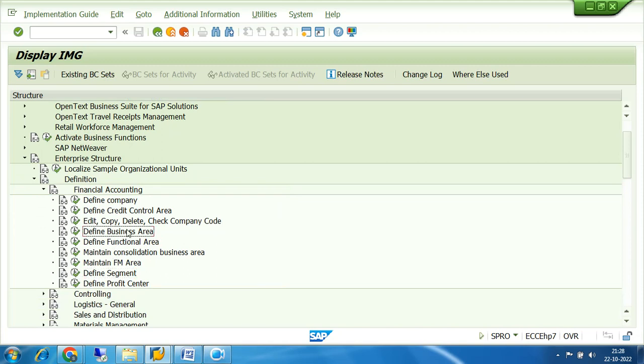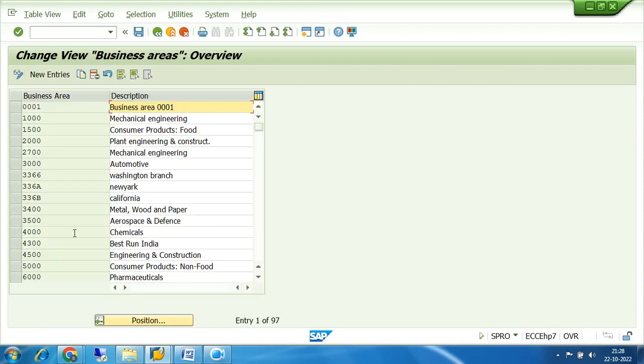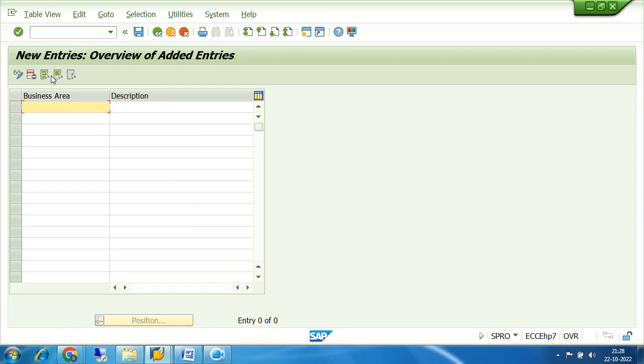This is your define business area, just below the company code creation. So click on this business area. Already 97 business areas have been created here. So if we want to create my business area, I will go to the New Entries button. Suppose I create my business area Max E, that means